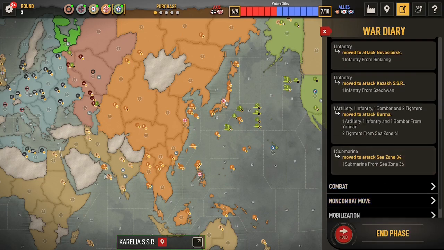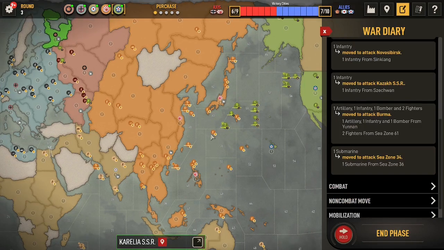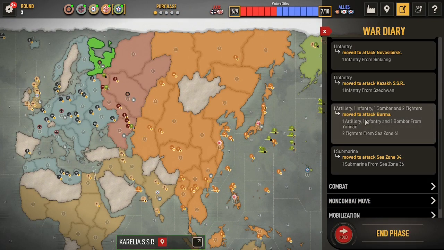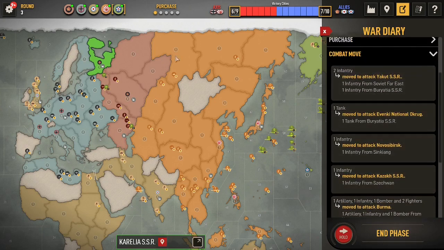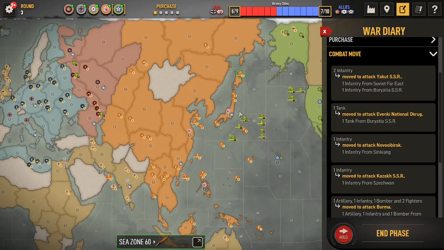Oh, he took out my transport with his sub. That's fine. And he attacked Burma and took Burma. To be expected. Kaza, Novo, Evenkai, and Yakat were all just freebies. So that's where he ended up. He did put his destroyer here to block me from just going right on into